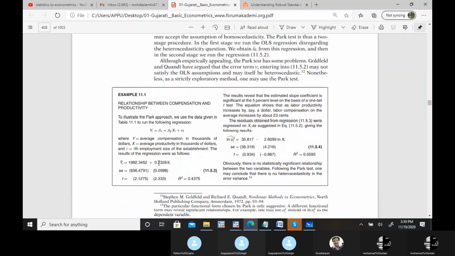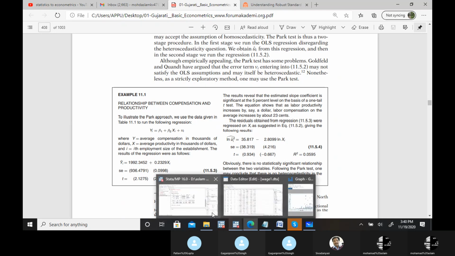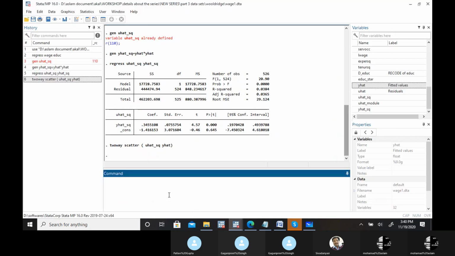They have this simple regression. First, you run a simple regression, then obtain the u hat and take its square. That's now the dependent variable. Now again, take its log as well. Run this regression on the log of the independent variable. For example, we have a u hat square, right? Next, what we need for this test is the log of u hat square.